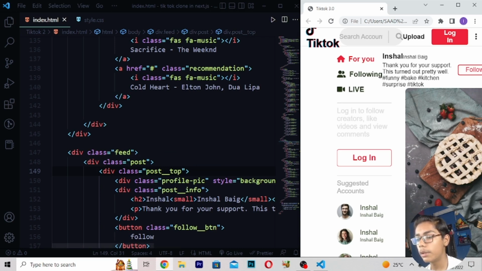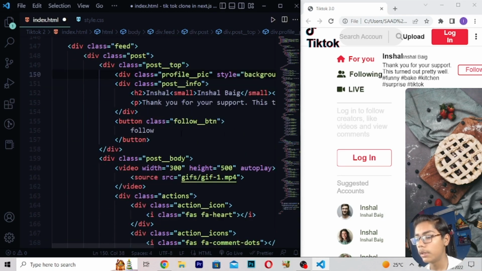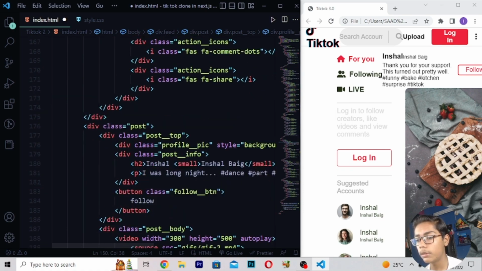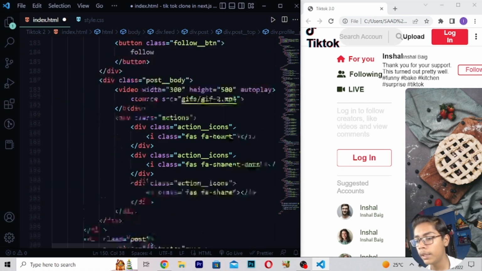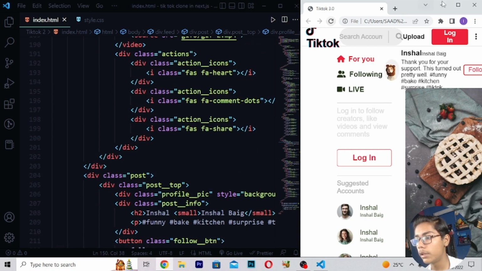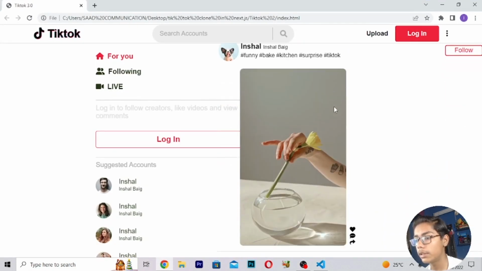So the problem was that we had not written underscore; we were just writing the dash. In profile pic also we have done the same thing, we have to write two underscores here. Then down we have written all these things here. If I just show you, you can see. Now if I move down, we have done all these things perfectly. Save this, reload. Now here we are getting profile pic, and now if I show you, you can see all the things are ready here.